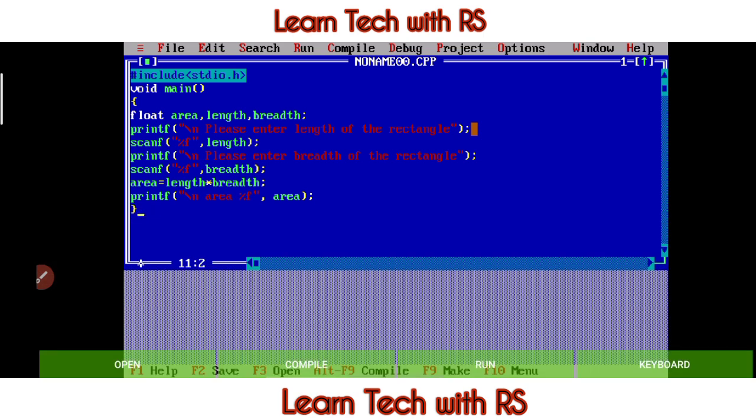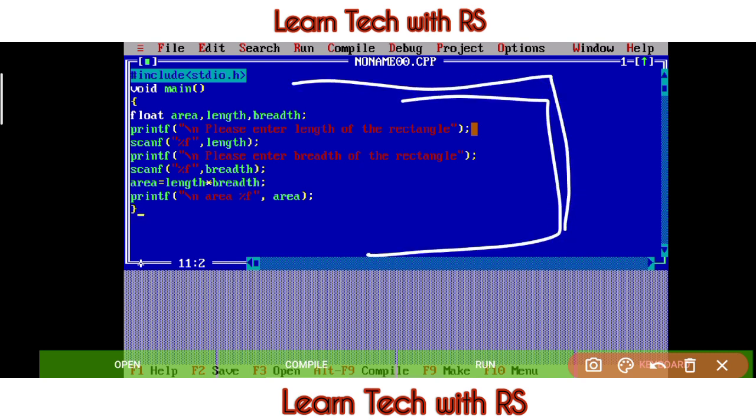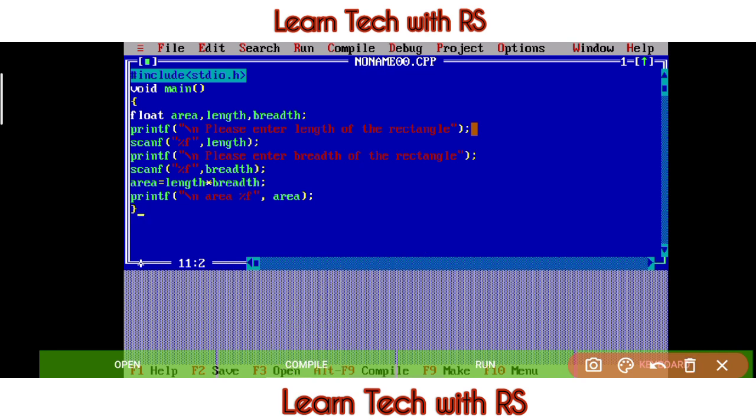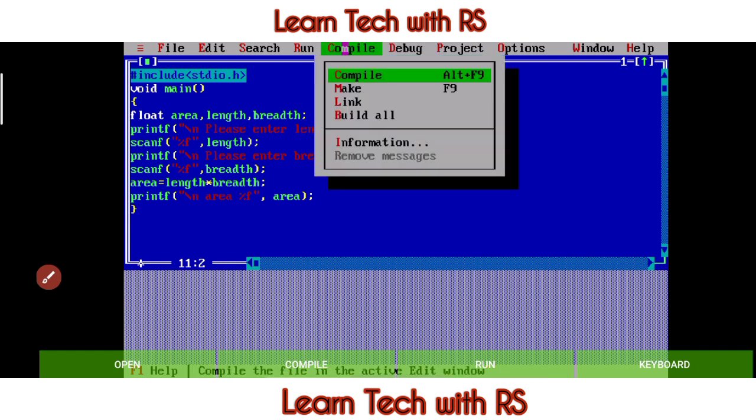So we have the total program. Now we will check whether it is compiled or not, and if there is any error, we will try to fix that, okay. For compiling, you can use either the compile button here in Android, or you can go here. On a computer you will get compile here, so we will go for that only. Now, dragging here in the compile section and clicking, then click on compile.